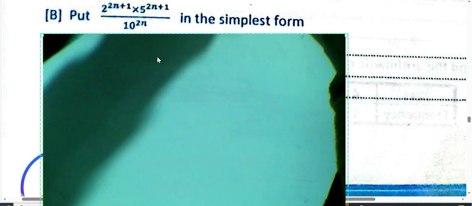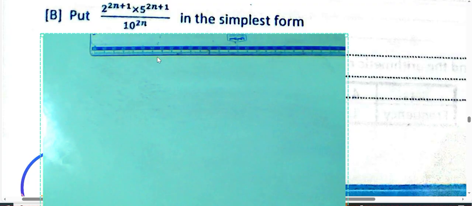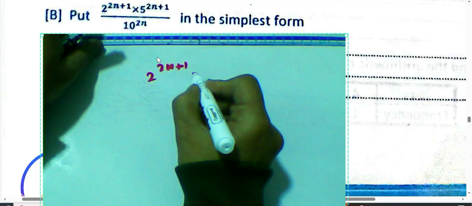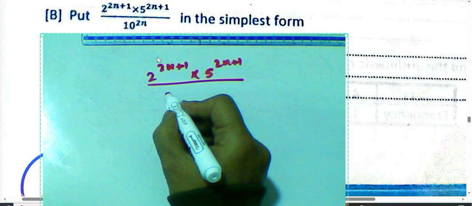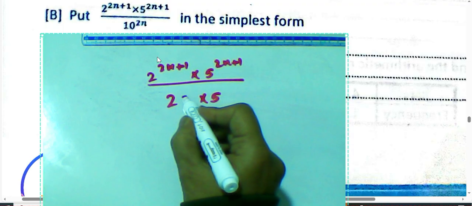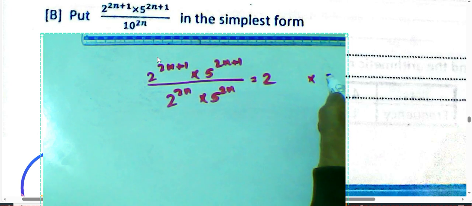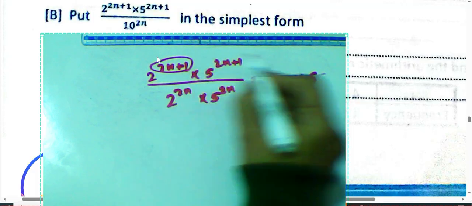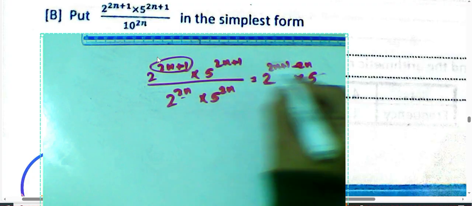Write the number in the simplest form. We have 2 power (2n plus 1) times 5 power (2n plus 1) over 10, and 10 will be 2 times 5. Look at it with me. Then we can distribute the power 2n here and here. Next, you can write the base 2 and the base 5 behind it to simplify. For 2, the power is 2n plus 1 subtract 2n, and for 5, write 2n plus 1